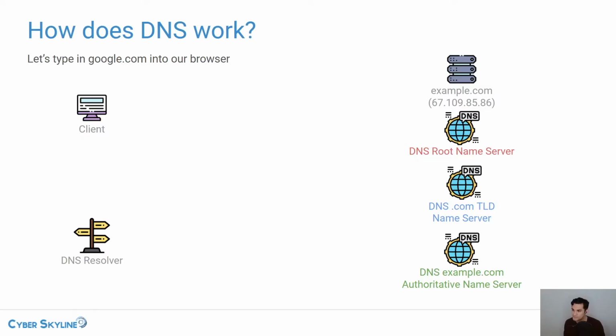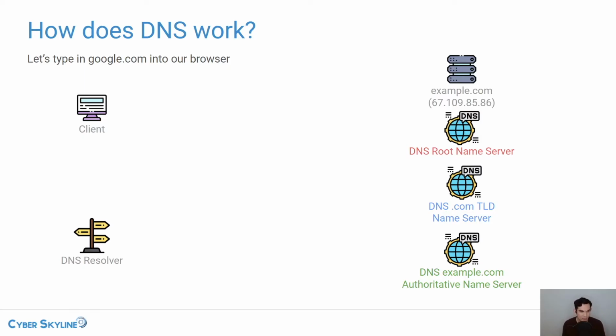On the right side at the very top, you see the example.com, and I think I messed up here. We're going to go to example.com, even though I put google.com in here. We need to connect to this website, and the IP address there is in parentheses. And so our client, our browser, needs to figure out what is the IP address of that website. And so it needs to go use the DNS service to figure that out.